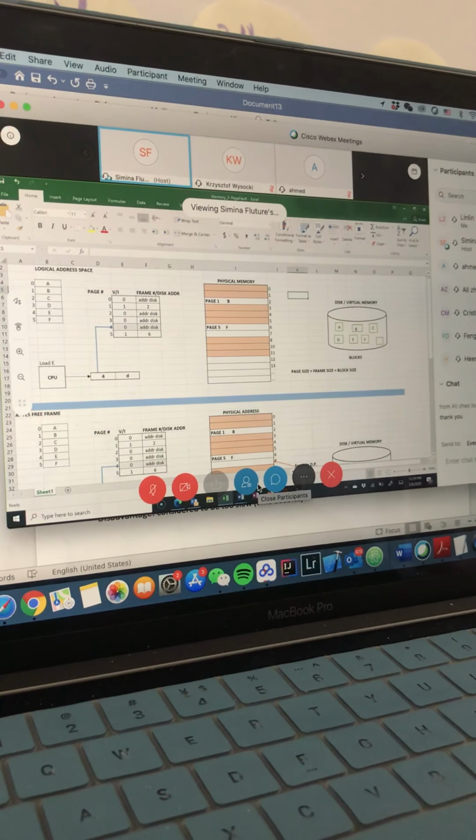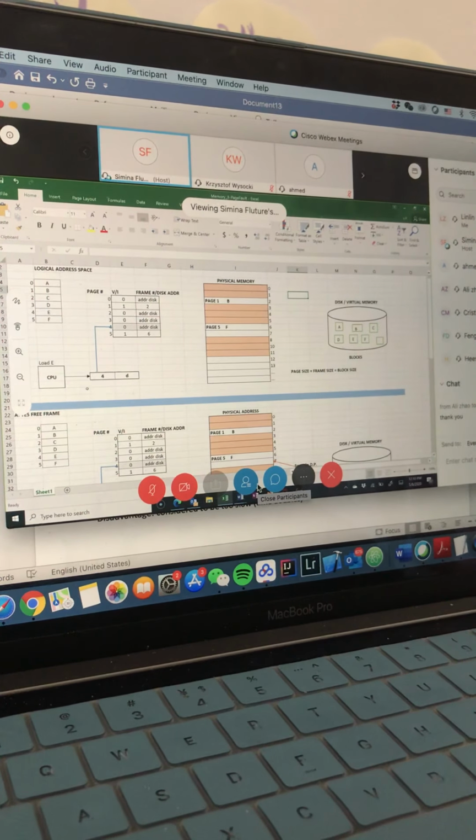Okay, so now let's consider that the CPU wants to execute load E. So the instruction at a lower level is load E. The CPU will generate a logical address with 2 fields. One is the page number and then the displacement inside of that page for getting to the exact variable, or data, which is E. Now, E is in page 4 in our example, so the logical address will have 4 for the page number. And the displacement is some number which is not very important right now. Just consider that we know the location of E inside of that page.